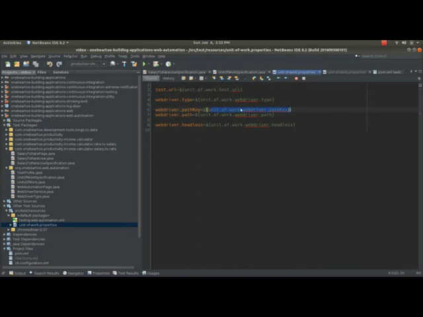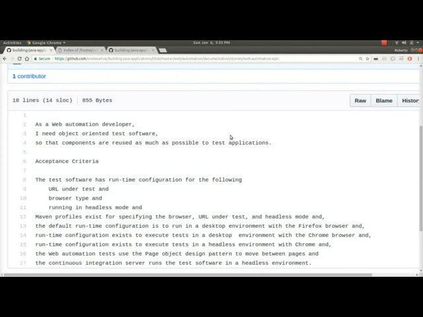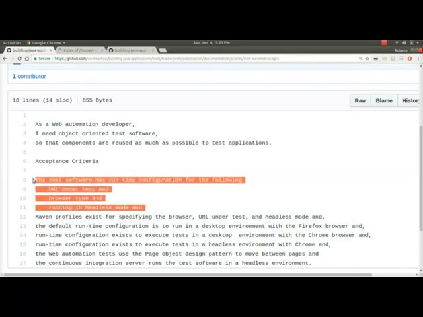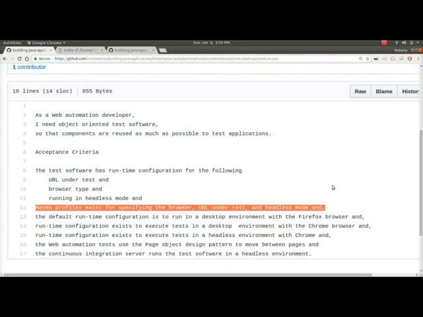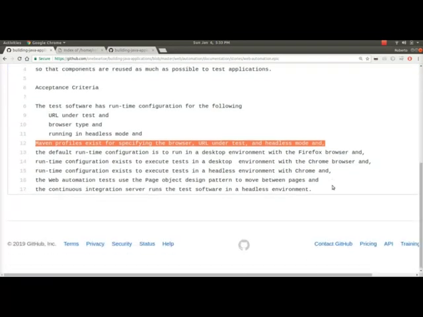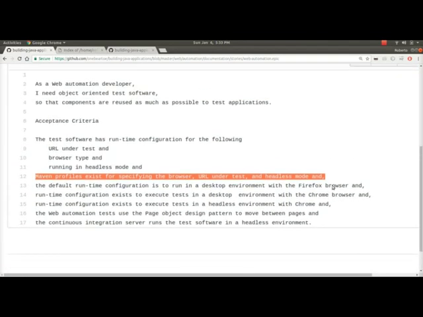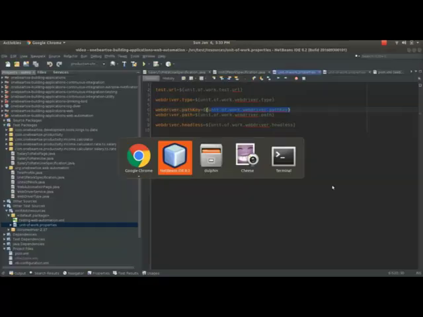So that demonstrates how the runtime configuration exists for the user, the URL, the browser, and running in headless mode. The next part of the acceptance criteria is that Maven profiles exist for specifying the browser, URL under test, and headless mode. So to demonstrate this, I need to go to the POM file for the project,